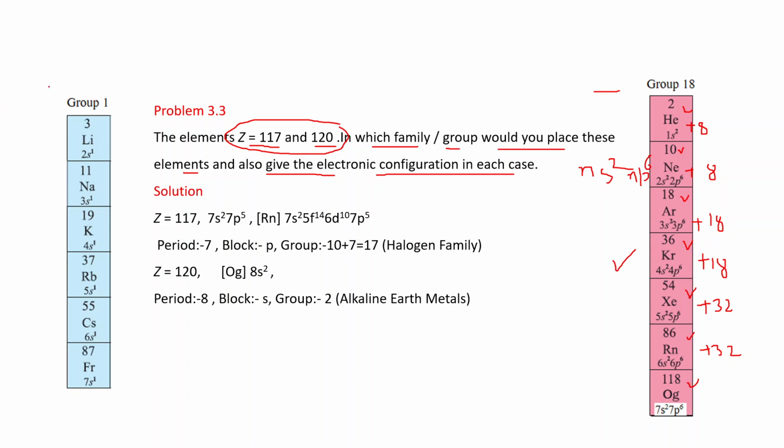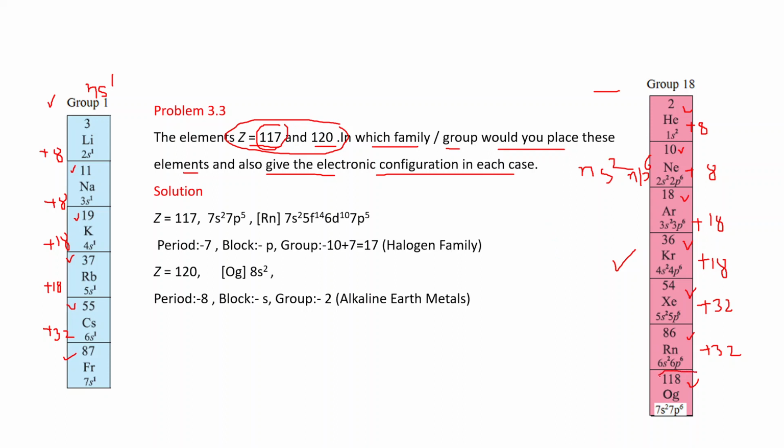In the same way, these are the group 1 elements. The same trend if you observe: this is 3. If you add 8, this will come to 11. Again, if you add 8, this will come to 19. Then if you add 18, this will come to 37. And again if you add 18 in 37, this will come 55, and then add 32 in 55, we will get 87, and their outermost electronic configuration is ns1. Now 117 is given to us, and this 117 is very close